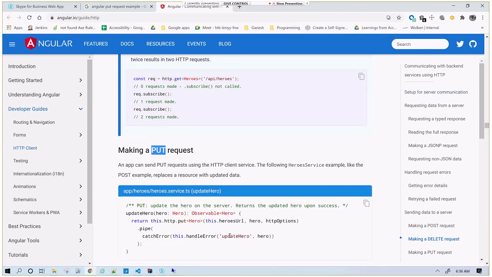And the object, similarly we are passing the object.